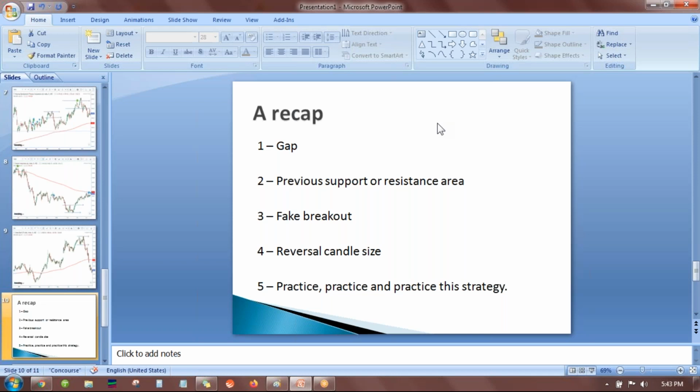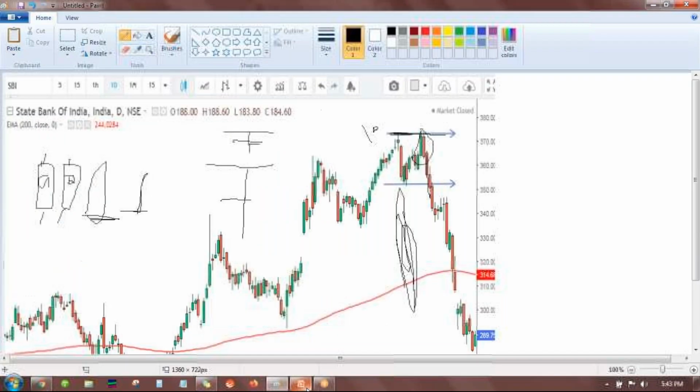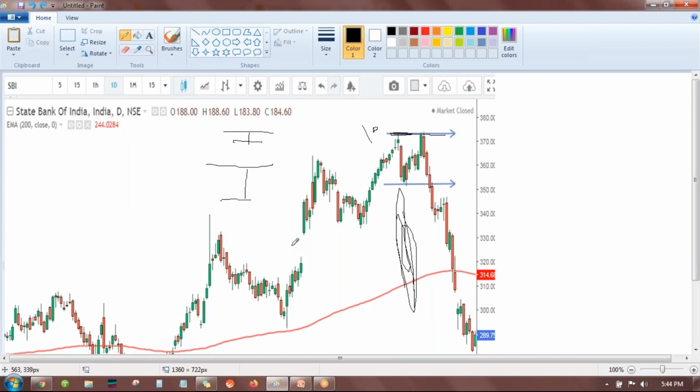You will notice that the market moves in a cycle. What cycle am I talking about? Small candle followed by large candle followed by small candle. I have taken a webinar earlier where I discussed this and a trend following strategy. For example, here you have seen a big move. Here we have a big move. Okay, here we have a big move.